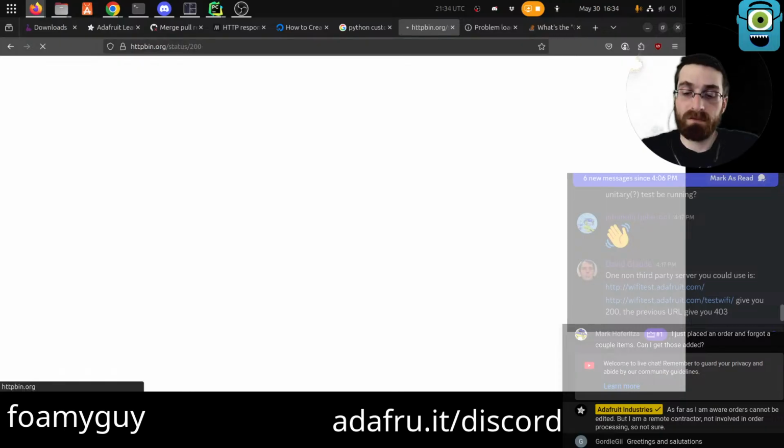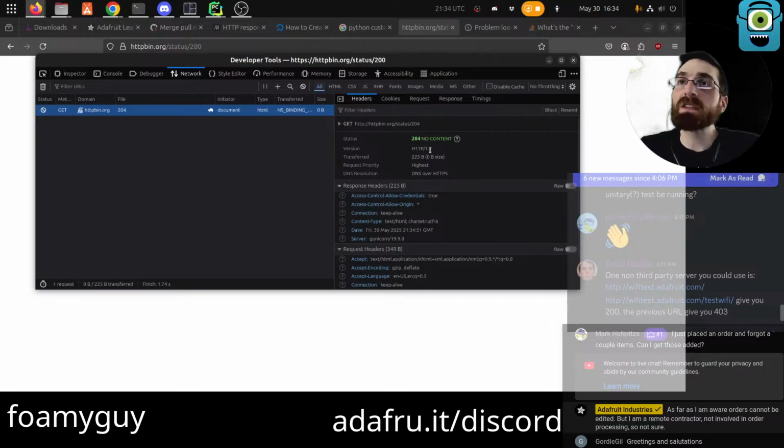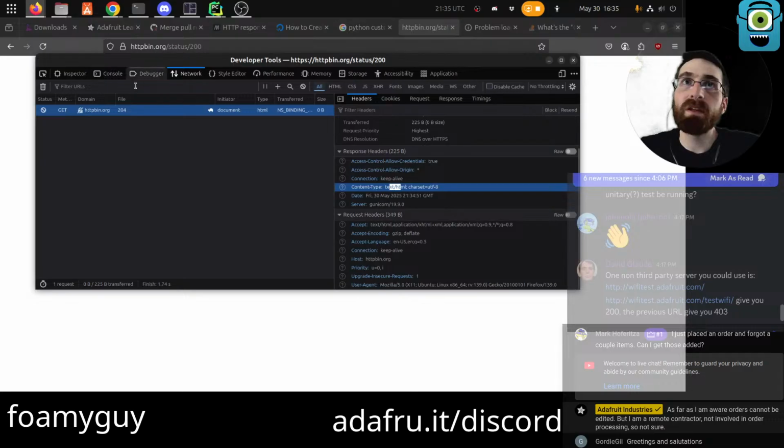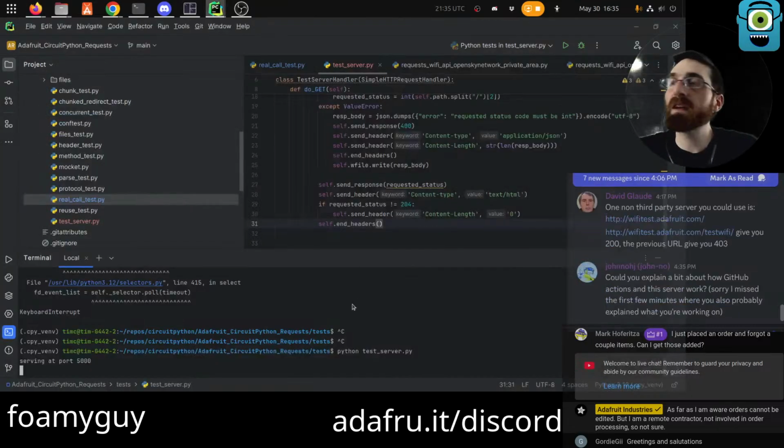204. Firefox treats this as an error, but 204 no content. Text HTML, we have no length, but everything did still work. It's 0 bytes. The browser believes that it got completed. It took kind of a while. I don't really know why it took that long, but it doesn't really matter, I don't think. Maybe there's a timeout. There's maybe like a default timeout somewhere.